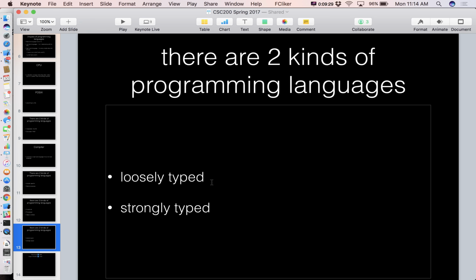So which do you think is better, loosely typed or strongly typed? Loosely seems a lot more open. Okay, it does. It's definitely more open. That's probably why human beings do it. Is there any downside to